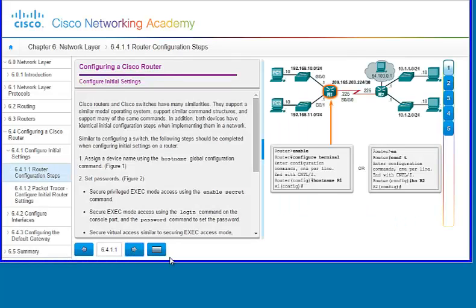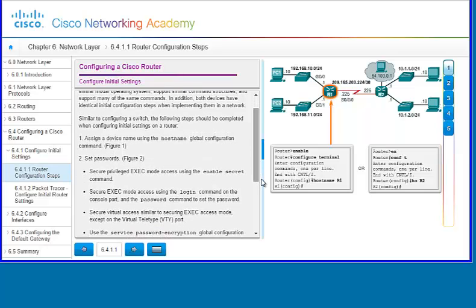Now you need to know how to initialize and configure your basic router. The routers and Cisco switches have very similar commands, but they're not exact. So let's go through and talk about some of the things you're going to need to do on your router. This is a good place for you to write down all these commands. You will get in a habit of keying them in, and the more you key them, the more you're going to remember them. Similar to configuring a switch, the following steps should be completed when configuring initial settings on a